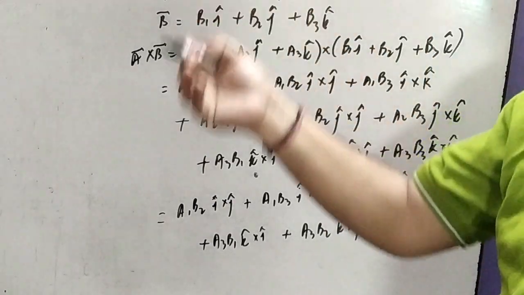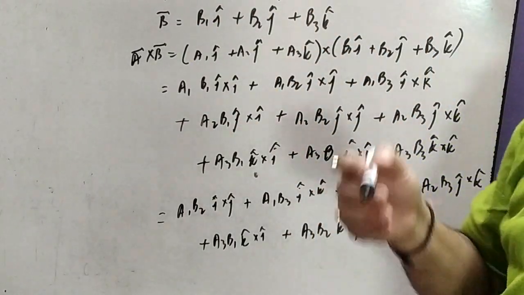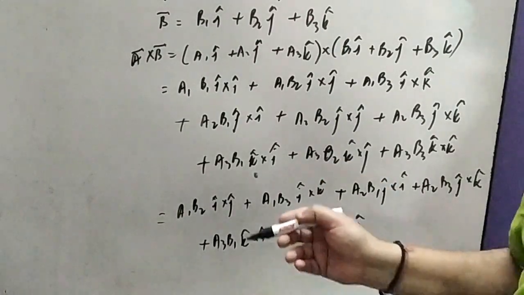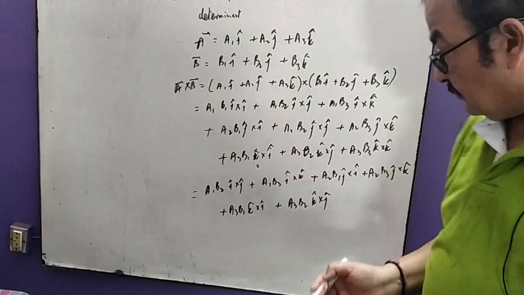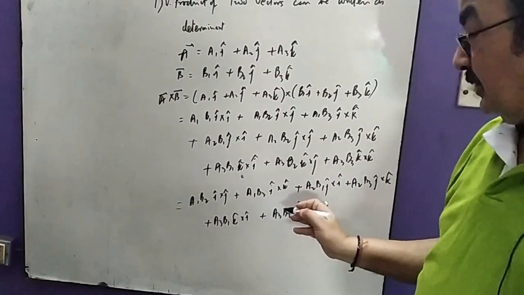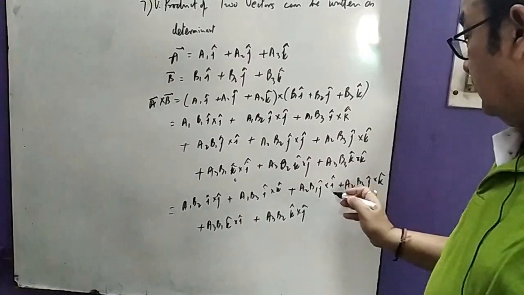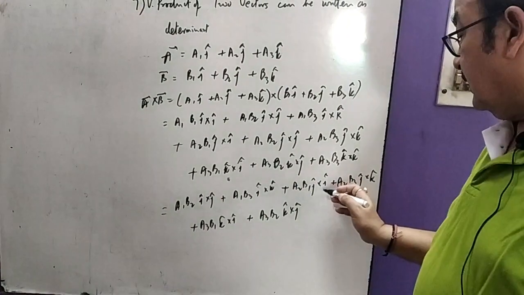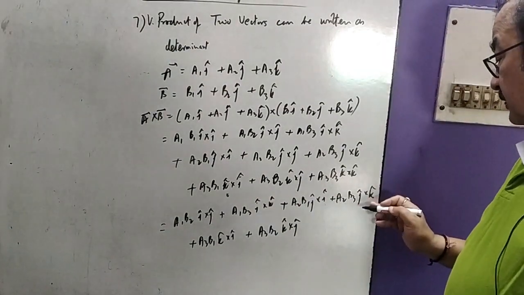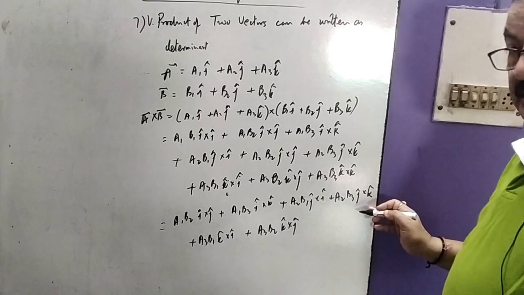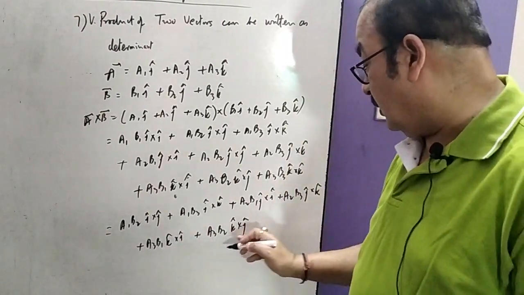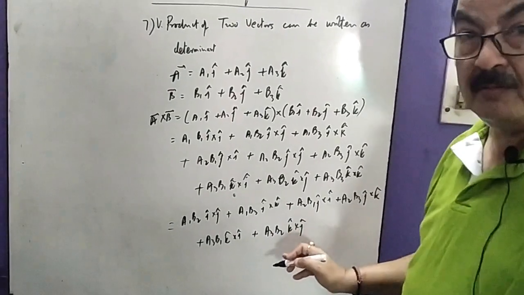अब देखिए, अगेन वी हैव टू फॉलो अदर रूल. अदर रूल में क्या होता है? आई क्रॉस जे जहां लिखा होता है क्या लिख सकते हैं? के. ओके, जहां पर आई क्रॉस के की जगह हम क्या लिख सकते हैं? माइनस जे. यहाँ पर जे क्रॉस आई की जगह माइनस के. ठीक है, और यहाँ पर जे क्रॉस के की जगह जस्ट आई, और के क्रॉस आई की जगह जस्ट जे, और के क्रॉस जे माइनस आई.